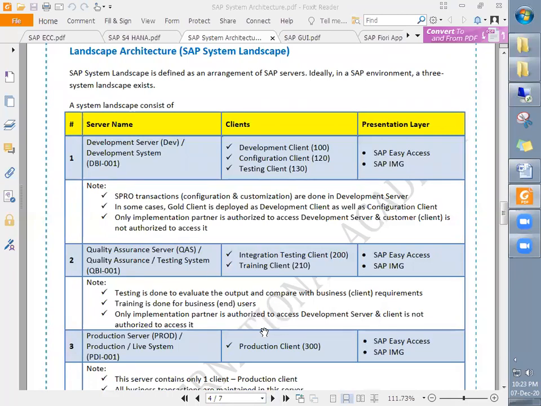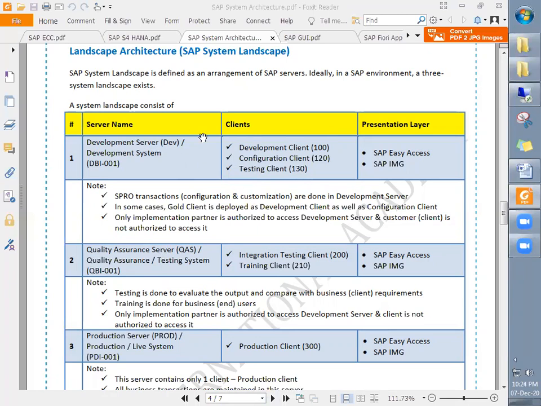Even two system landscapes and four system landscapes are also available. It entirely depends on the company which is implementing or using SAP, right? So we will be discussing this in detail as well.